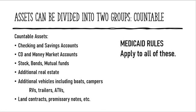The second group of assets that we want to talk about are countable assets. Medicaid rules apply to all of these. So that would be your checking and savings accounts, all of them. Any CD or money market accounts, any stocks, bonds, mutual funds, or any other investments. Any other real estate besides your primary home. So if it's a rental property, or just a second vacation home, or a farm, each one of those is treated differently,